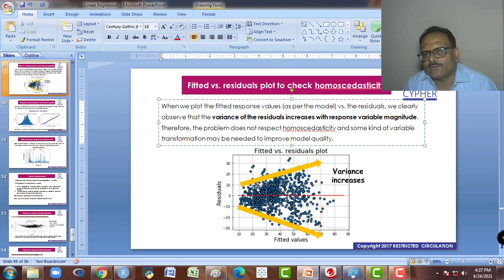And if it is this way, then as I have told you, there is some possibility to improve the model. So we could improve the model.